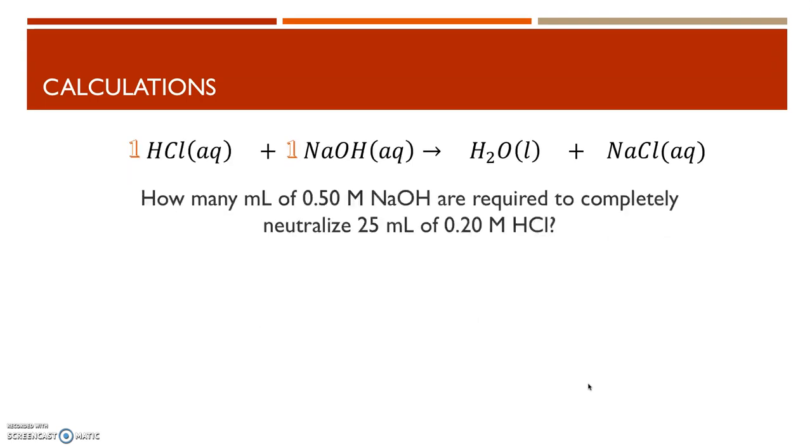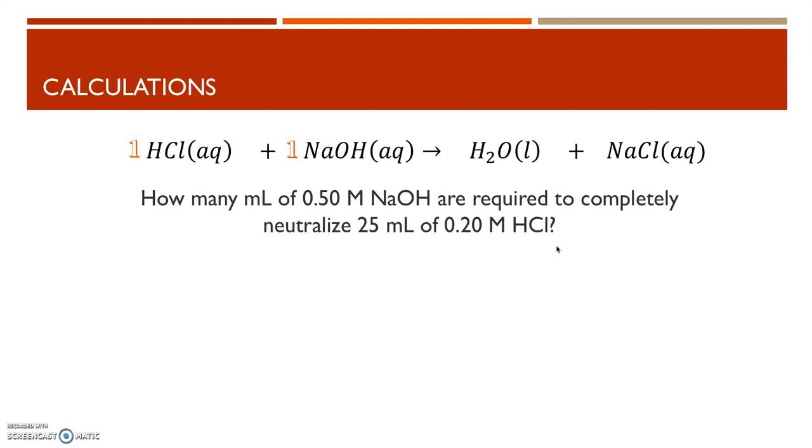A better question, something that looks more like what you might need to do, is how many milliliters of 0.5 molar NaOH solution are required to completely neutralize 25 milliliters of 0.2 molar HCl. Now, don't let this freak you out. You still need to come back to that mole to mole conversion. But what that means is you have to convert what you know into moles first, and then use a conversion factor based on the balanced chemical equation, and then come back out of moles to whatever your desired